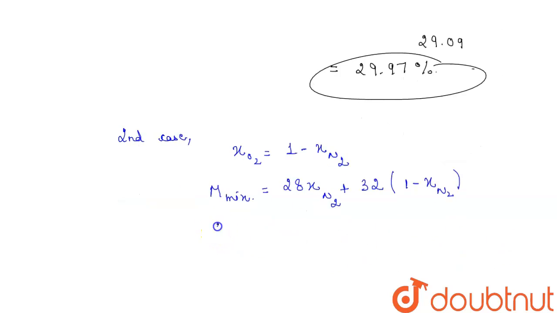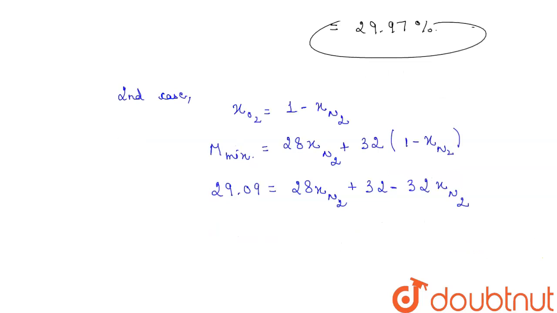After solving this we get 29.09 equals 28 into the mole fraction of N2 plus 32 minus 32 into the mole fraction of N2, and from here the value of the mole fraction of N2 will be